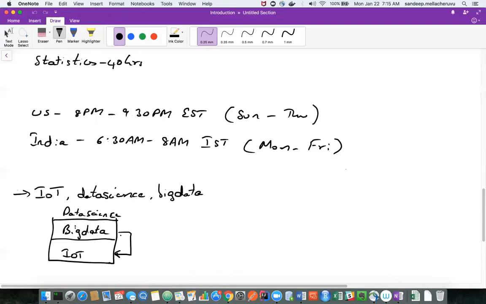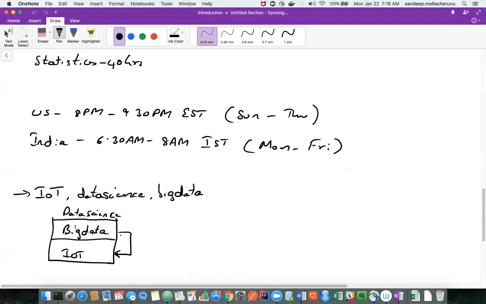If you hear a lot of market buzzwords, most of the time you might have heard of these three things. But I would say IoT is nothing but a dumb data collector. Big data is also dumb. It's just a data processing framework, nothing more than that. It's only when you call something intelligent that there should be some data science applied to that intelligent system.